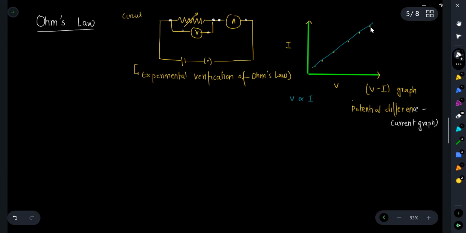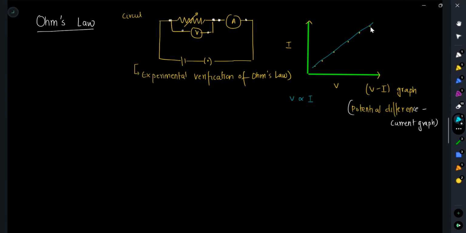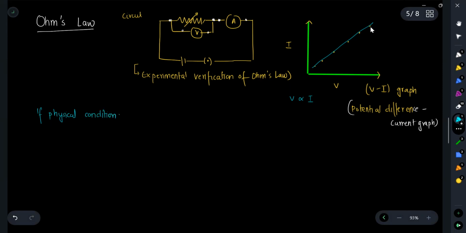You will get some questions related to this also, some MCQs on VI graph ये है तो रेजिस्टेंस की वैल्यू क्या होगी, and then किसका रेजिस्टेंस ज्यादा है, मान लो आपको एक और ग्राफ दे दिया. So we will discuss all of these questions, but first let's write down the Ohm's law. So if physical conditions साथ साथ लिख सकते हो, such as temperature, etc. of a conductor are kept unchanged